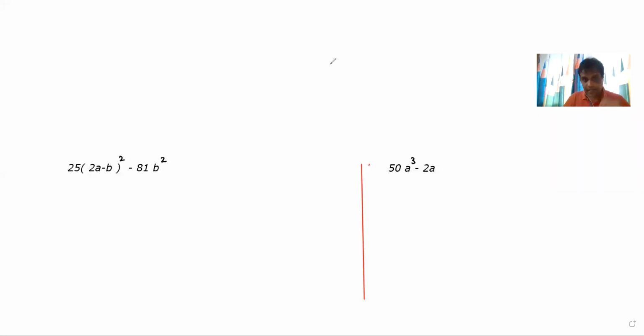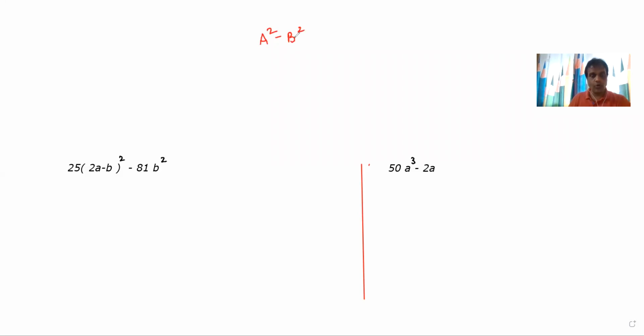Hi students, so let's continue with the chapter factorization. If you recall, we have studied many ways of factorization. The first one was to find the highest common factor and do the factorization. Second was to do the grouping and do the factorization. In the last video, we had discussed trinomials, how to factorize the trinomials. Today, we are going to study another way of factorization, which is difference of two squares,